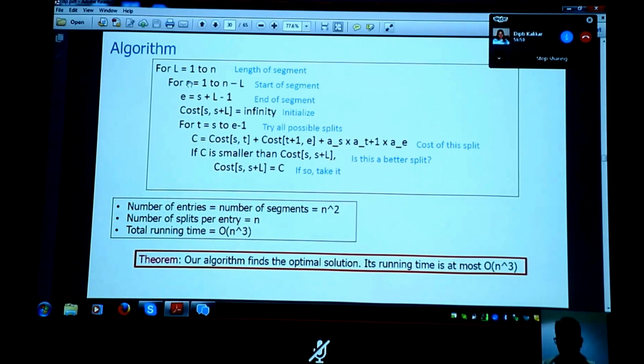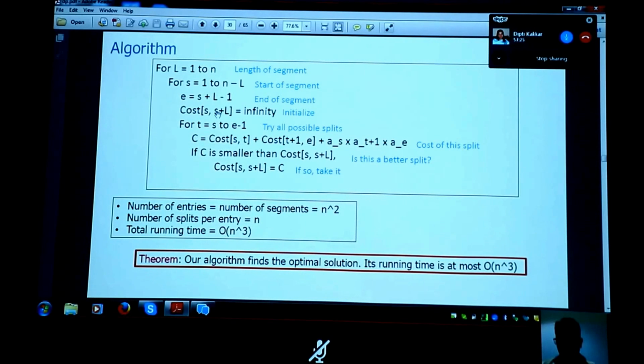Now, all these segments of length L will have a starting point, and then they have the length L, right? So I'm taking all possible starting points, 1 through n minus L, because if you start later, you will go past that n. So n minus L, then this is where that segment will end, S plus L. Then this is my segment, S to S plus L. That is a segment being considered now. Now, I want to find what is the best way of doing this segment, S to S plus L, those matrices, that chain alone.